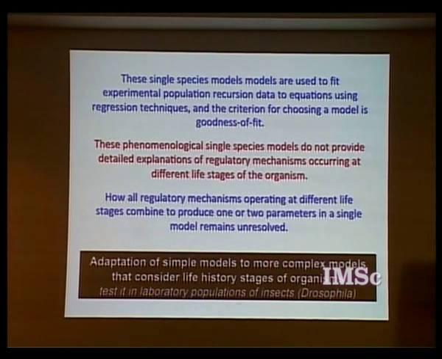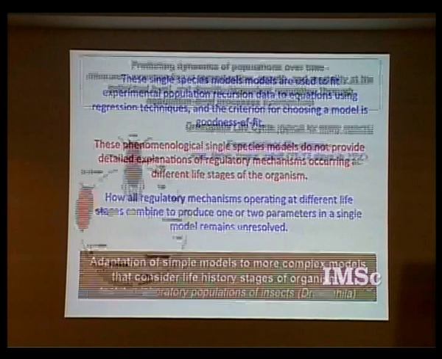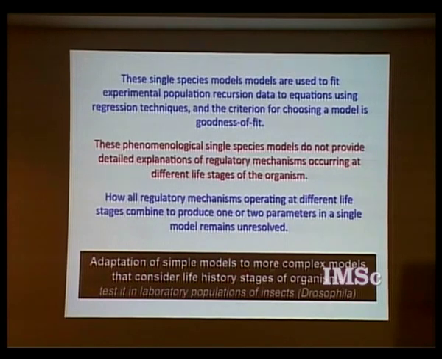And this butterfly or insect, on being adult, lays a number of eggs and dies, and then the next generation starts. So there are these different life stages of organisms, and several regulatory mechanisms occur. So how do all these regulatory mechanisms operating at different stages combine to produce one or two parameters in a single model? That still remains unresolved, and essentially those models are not useful. So what we wanted to do is adapt these simple models to more complex models